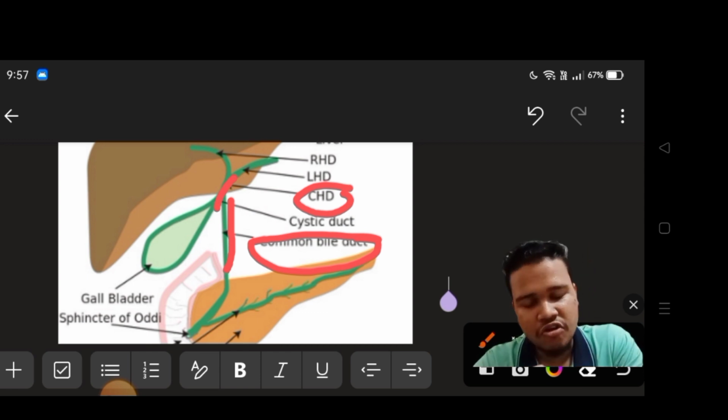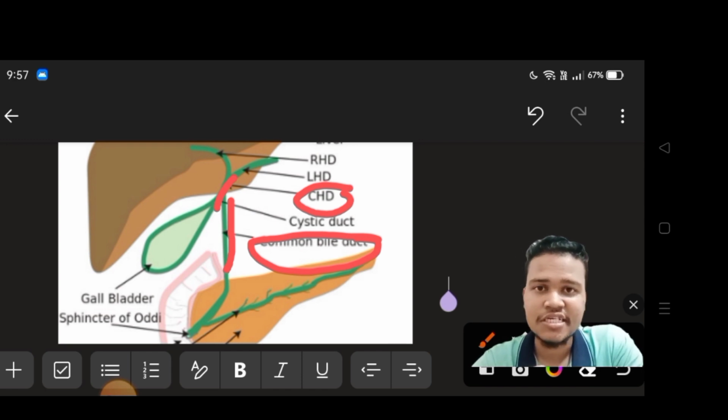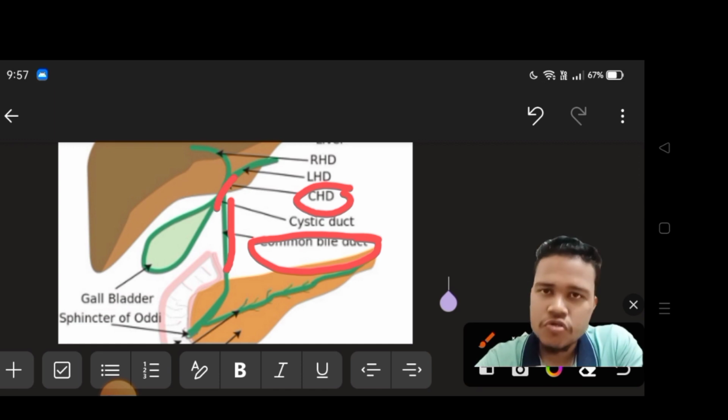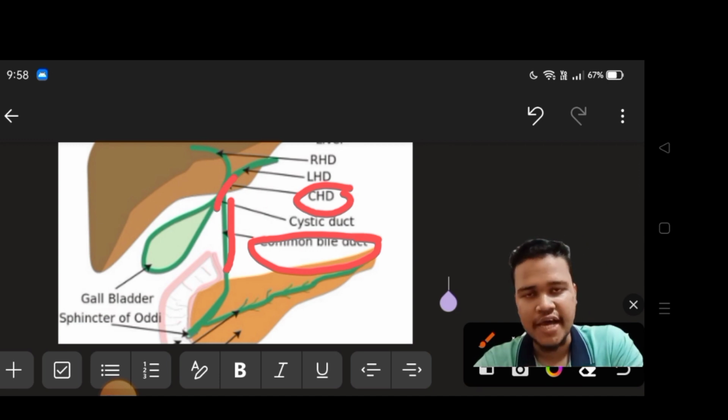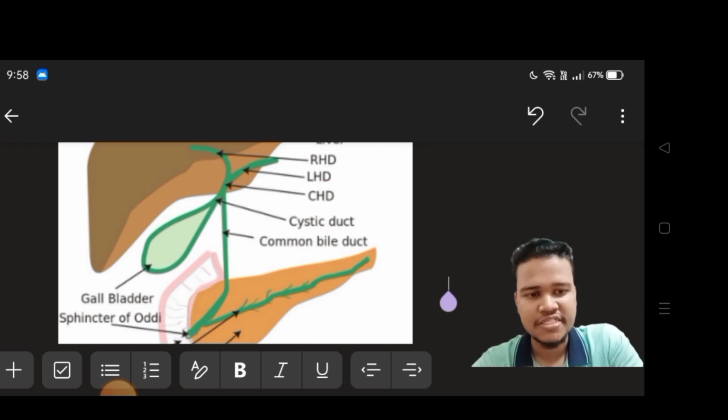Then another question will arise: from which source has the cystic duct arrived? The cystic duct has arrived from the gallbladder. And from which source has the common hepatic duct arrived? The common hepatic duct arrives from the union of the right hepatic duct and the left hepatic duct. I think now all of you have got a clear idea. So if I demonstrate this with a figure,